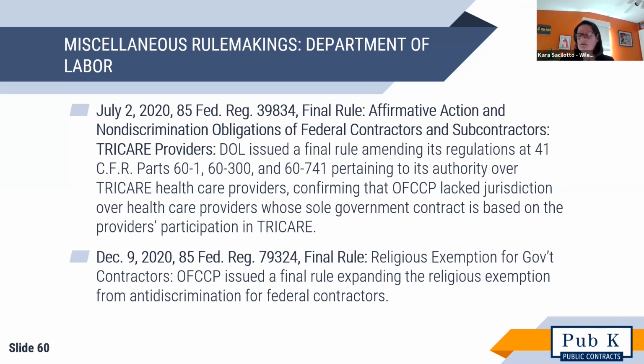The second bullet relates to a potentially slightly more provocative OFCCP final rule that created a religious exemption from anti-discrimination laws for certain federal contractors. This religious exemption would apply if the contractor holds itself out to the public as carrying out a religious purpose. We'll see what happens in the current administration with that. Don't know yet. It's only week one-ish, 7 days, 8 days in.